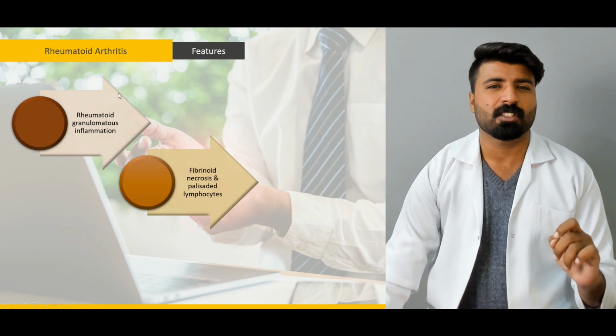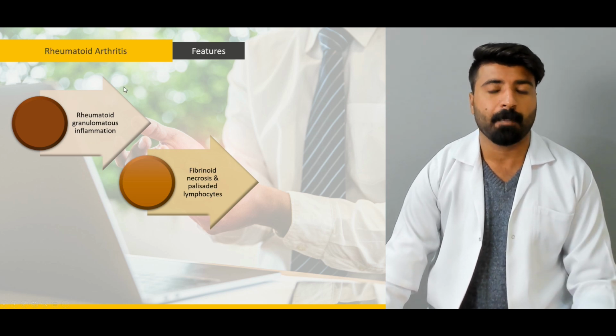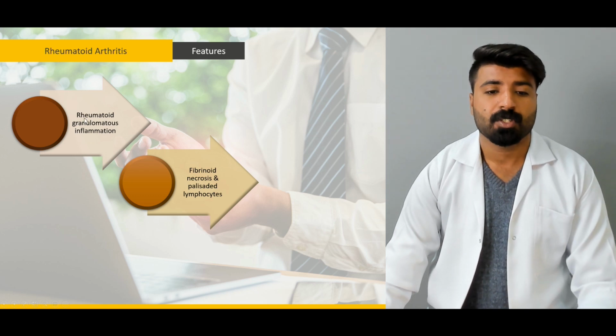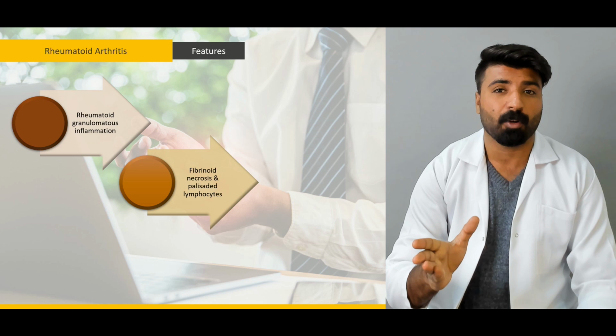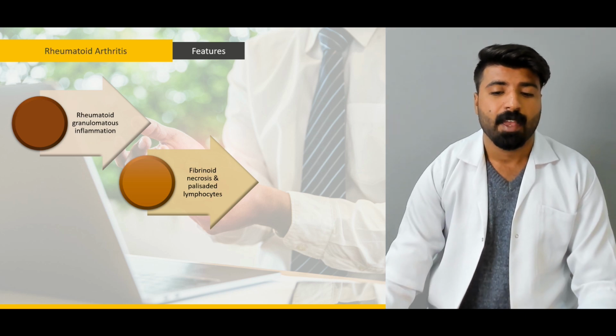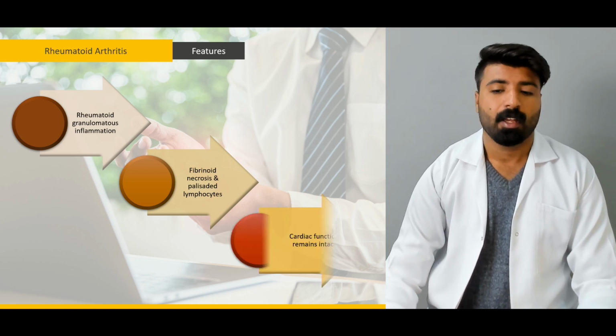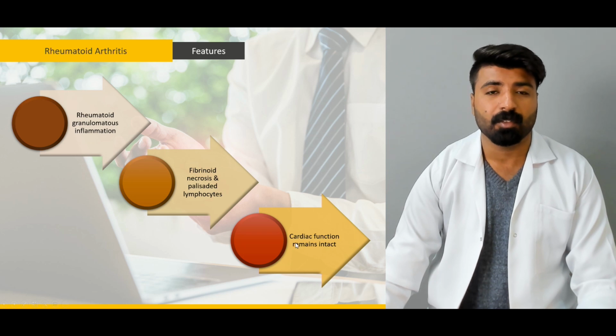Very minute chances of it happening, still there are. Fibrinoid necrosis means necrosis is happening, which is fibrinoid in its nature. Fibrin is being deposited, cells are being necrosed, and palisaded lymphocytes, and this will lead to cardiac